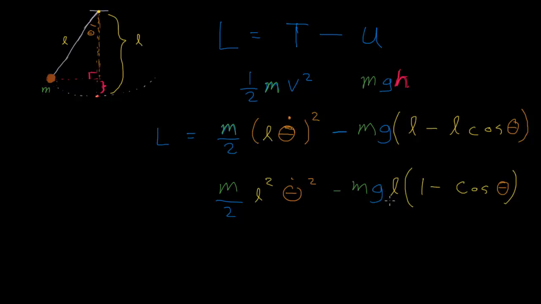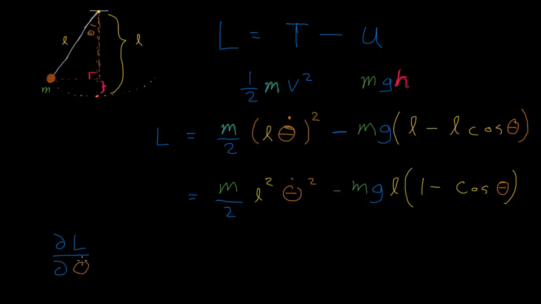But as you go further in physics, you'll see that a lot, where all the relevant physical constants are thrown out in front, and then we're left with something that's dimensionless that contains the details of the geometry or the arrangement of the particles. But anyway, if we plug this into our Euler-Lagrange formula,